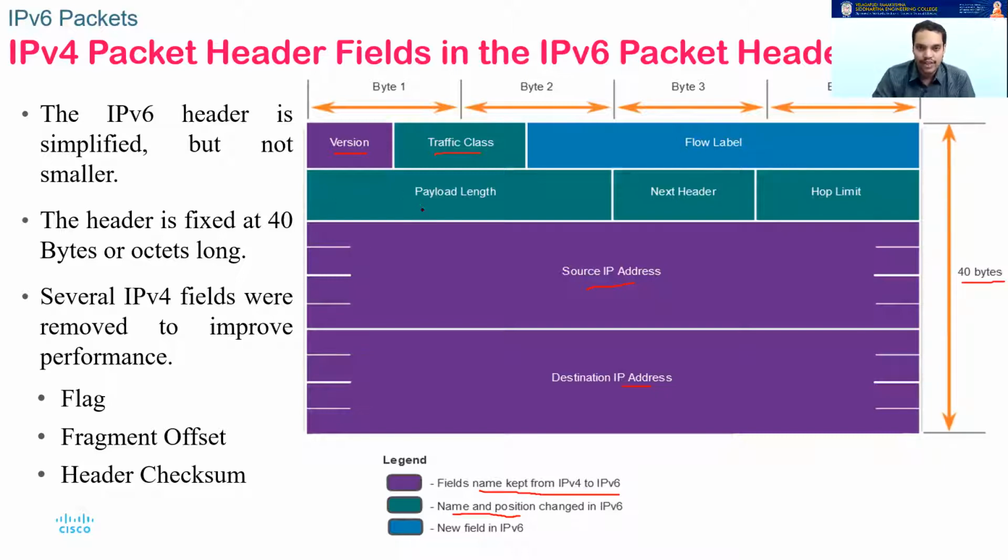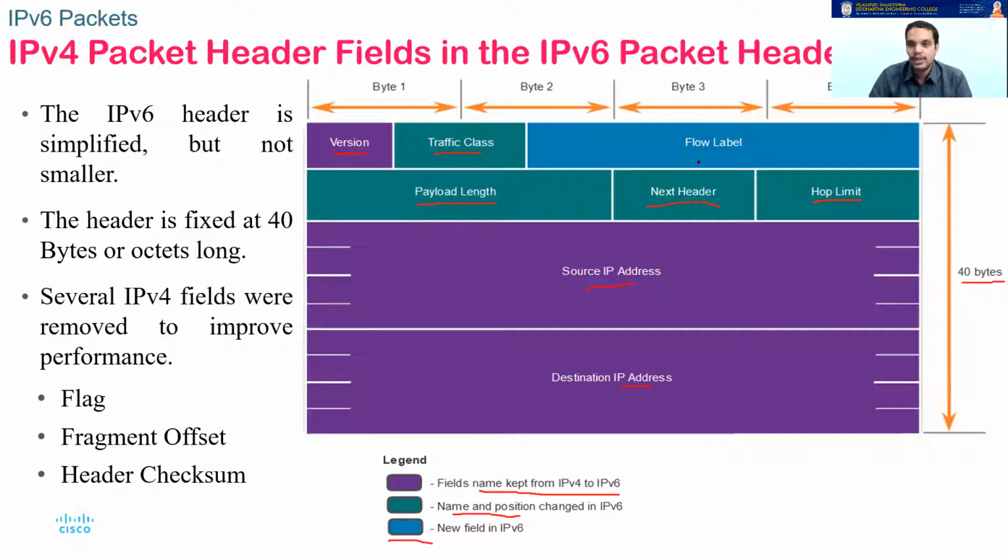And the payload length is going to tell you only the length of your data. The next header is very much equal to the protocol field. It is also going to tell you what type of protocol you expect in the data below. It will tell the receiver how to handle this packet. Hop limit is your TTL field, time to live field. We just changed the name here. Once again, it gets decremented for every hop the packet takes, and if the hop limit counter gets to 0, the packet will be discarded. The last thing, the new field in IPv6, is your flow label.